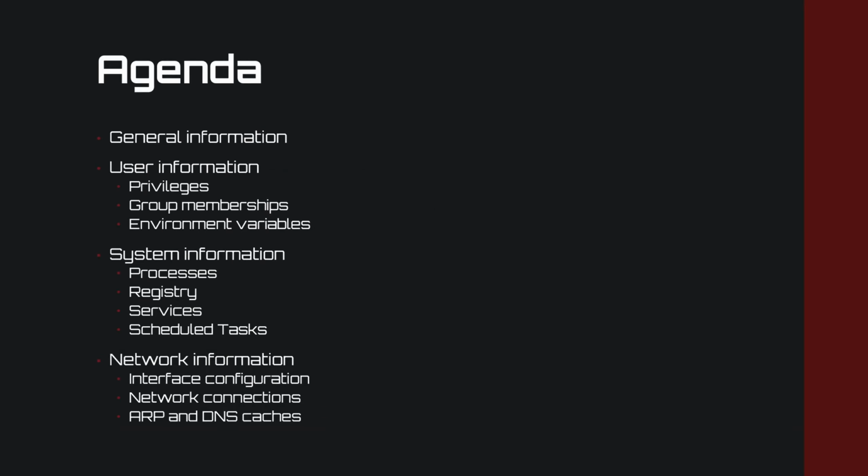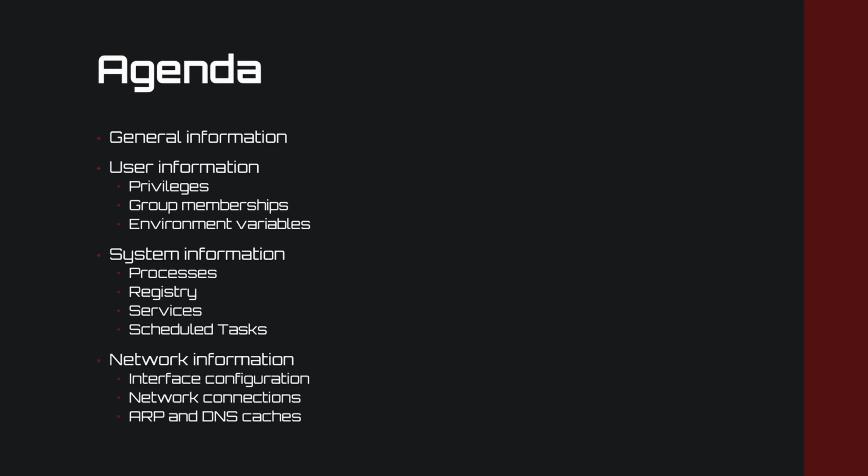Now, before we begin our journey into system enumeration, I have decided to divide this large section of our mini course into two videos. More specifically, this first segment will cover the majority of enumeration techniques that we can perform and gather manually. And then in the next video, we will examine several automated methods of doing so using tools like WinPEAS and Seatbelt. So we will begin by enumerating general system information such as operating system version, build and